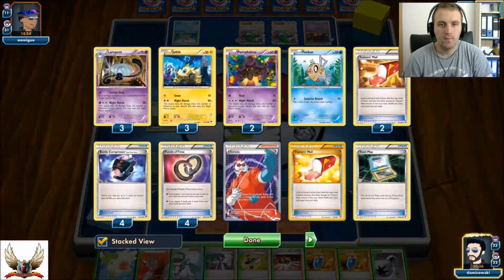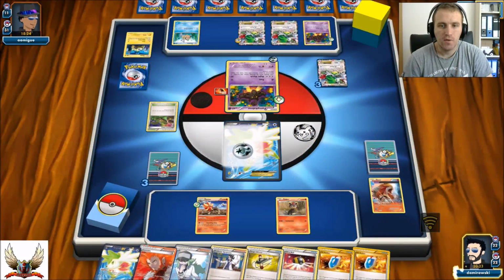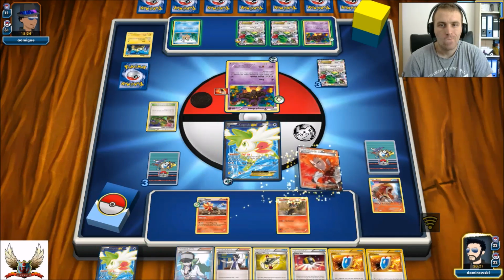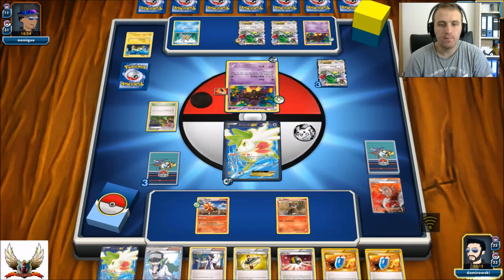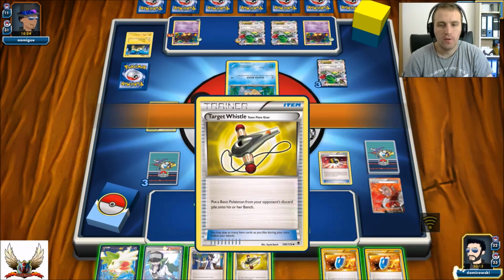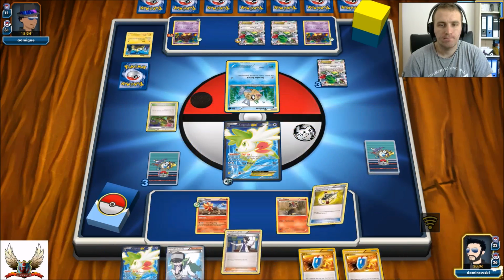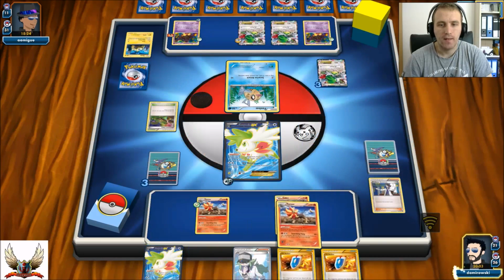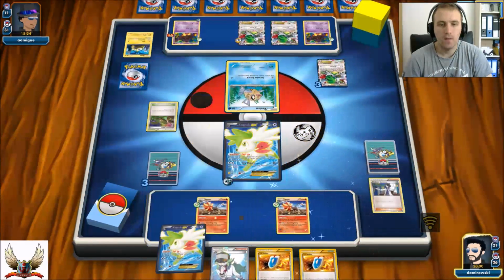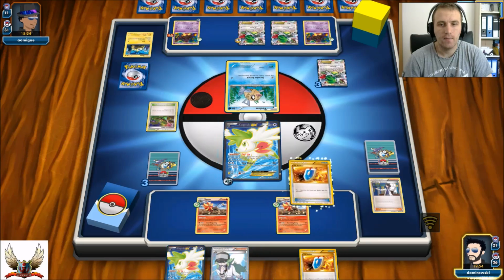A Target Whistle. Okay, so energy to the Shaymin. A Lysandre onto the Phoebus. Ultra Ball for Target Whistle for Professor Sycamore, and Target Whistle for another Pyroar. So I actually have double Pyroars right now on my bench. He's down to 3 prizes, so I guess right now it's time to...